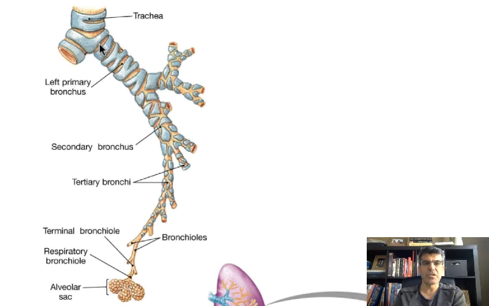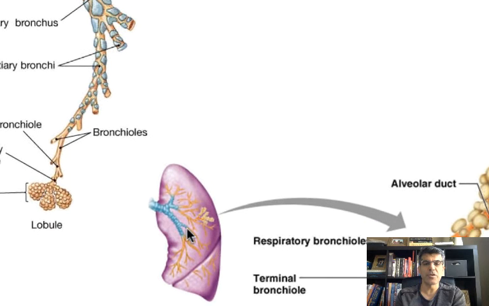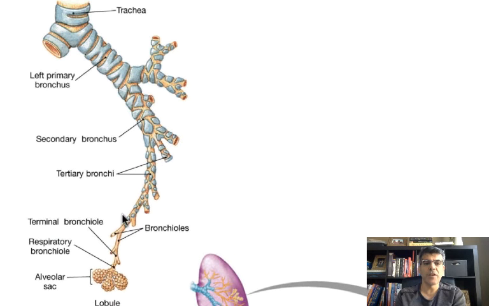These branches or bronchi are called primary bronchus because you will see inside the lung this primary bronchus is going to branch off. The first branch after this primary bronchus is called secondary bronchus, and then it's going to divide into tertiary bronchus. Tertiary bronchus is going to divide more and more. Remember, we are inside the lung right now, just like the way that you see in this picture. Tertiary bronchus is going to divide more and more and create something that's called bronchiole.